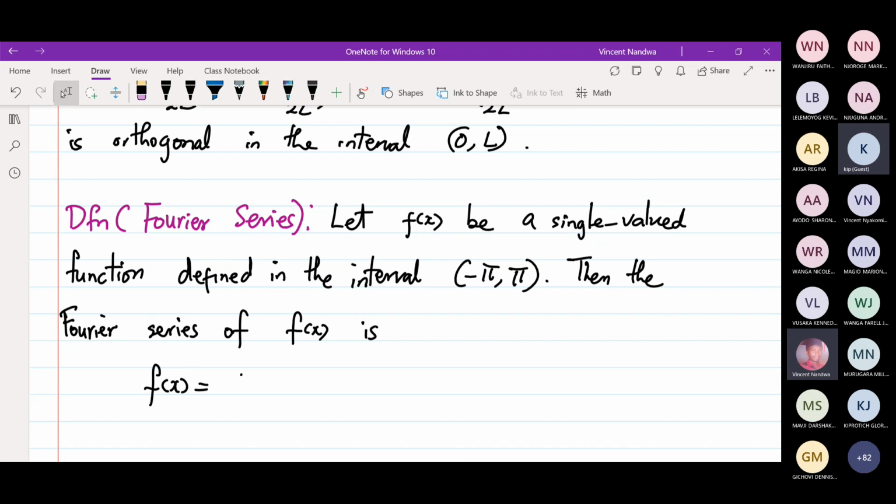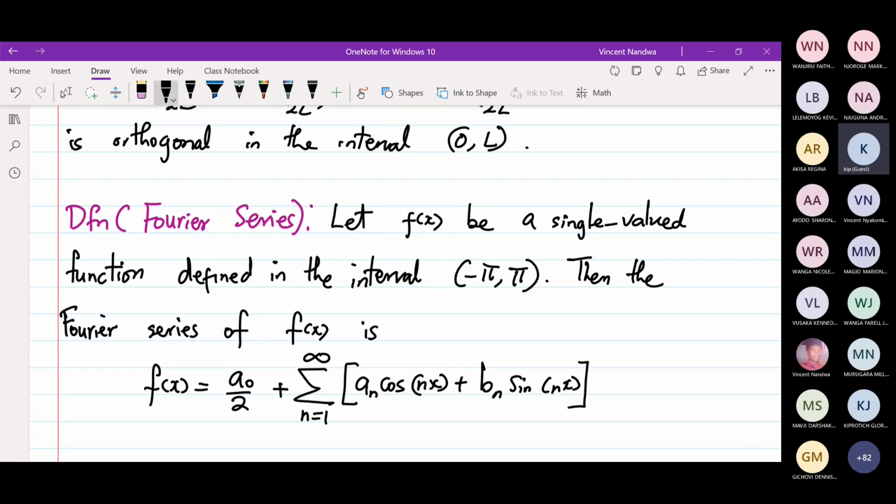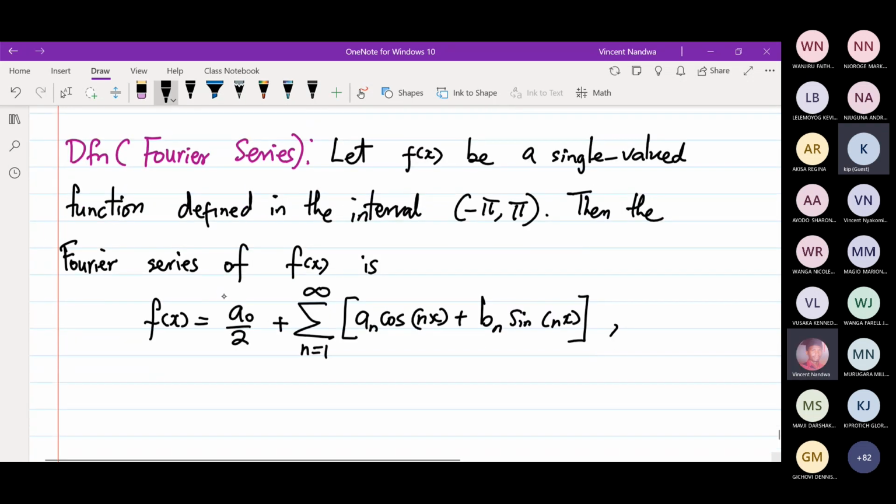f of x equals a naught divided by 2 plus summation n from 1 to infinity of a sub n cosine of nx plus b sub n sine of nx, where